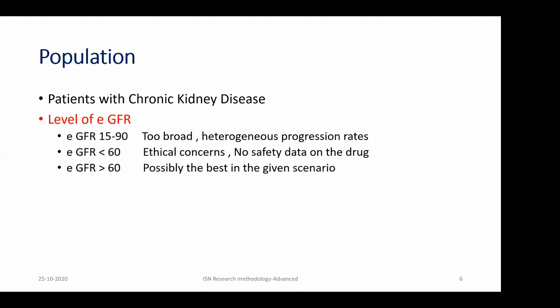So if there is some data to show that this drug can be used in people with an estimated GFR of less than 60, it is perfectly fine to include patients with eGFR less than 60. But in that case, probably we will have to limit to maybe say an eGFR of 30 ml or so. So you can very well select eGFR between 30 to 90 ml. The problem with the lesser eGFRs, the CKD stage 4, is that CKD stage 4 generally is not considered as a treatable situation. So basically it's a preparatory phase and the progression rates might be pretty different from the other stages.